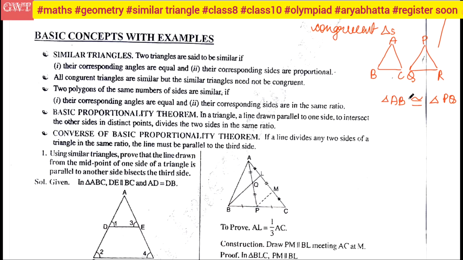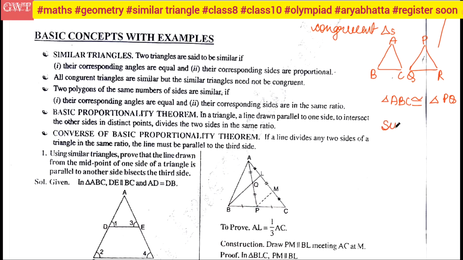See, I will write everything in the same place only. What is equal? That is the first thing. Second thing, I will say that AB is equal to PQ, BC is equal to QR, and AC is equal to PR. Okay, the sides are also equal. Keep in mind, sides are also equal. So whenever you are saying something is congruent, you have to write the names in the proper place also. Now this is the point of congruent triangles.